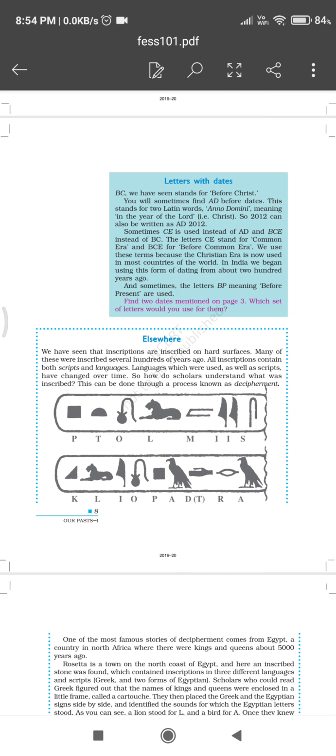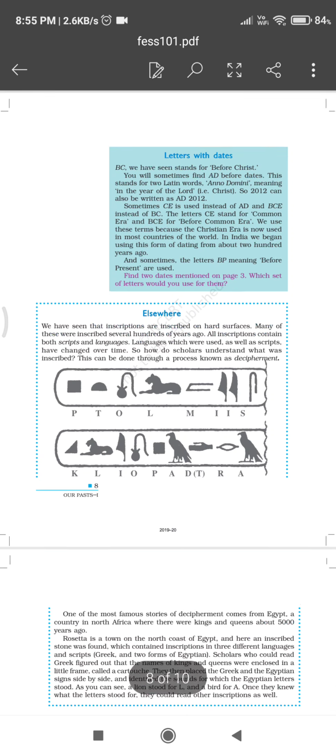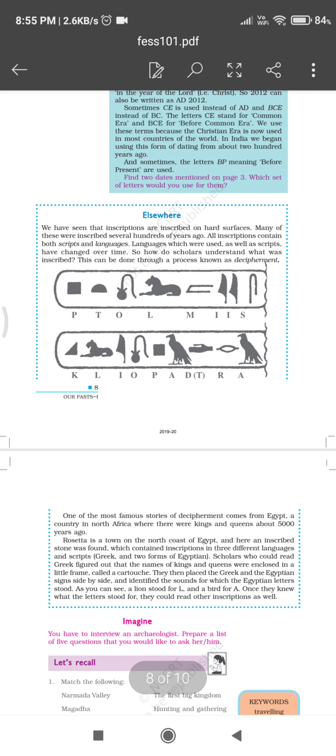So how do scholars understand what was written in the script in pictorial form? That is known as decipherment. Decipherment is a process to understand the inscriptions written in the past. One of the most famous stories of decipherment comes from Egypt. Egypt is on the north coast of Africa, and there